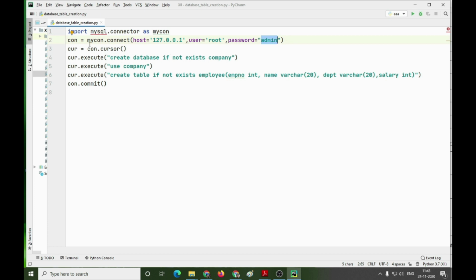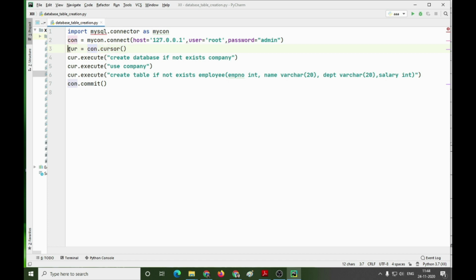The next step is we have to create a cursor. For creating a cursor, we will write con, that means the connection which we have created, dot cursor. So what is basically a cursor? A cursor is, you can say, a temporary memory in the server which helps you execute the commands.